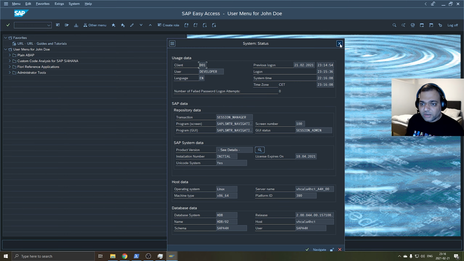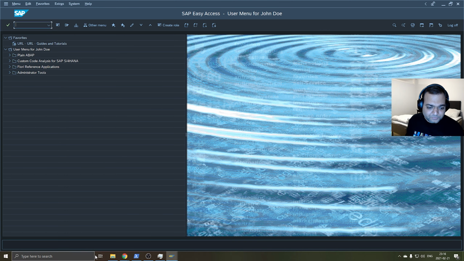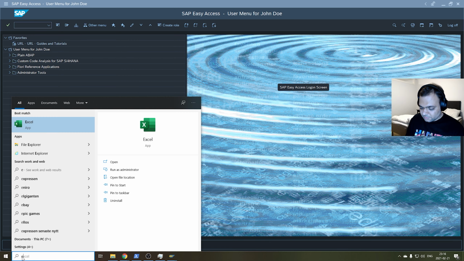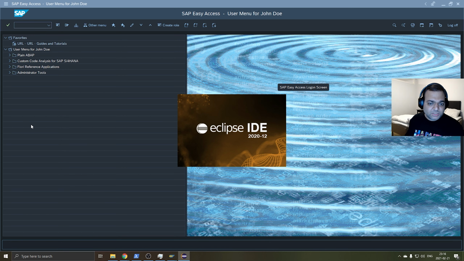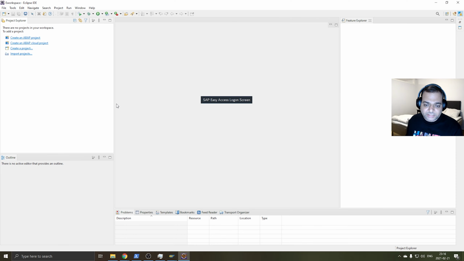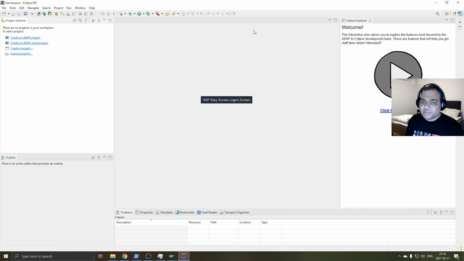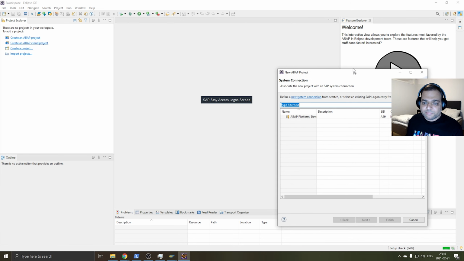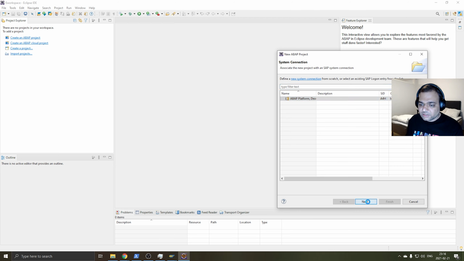Now let us try logging into this from Eclipse. So I will run Eclipse, which I have already installed, and I've already installed the ABAP development tools for Eclipse as well. So from here, logging in is again very easy because the entry is similar to what we have here in the SAP GUI. So I will just click on create an ABAP project. In the ABAP perspective, select this entry, click on next,